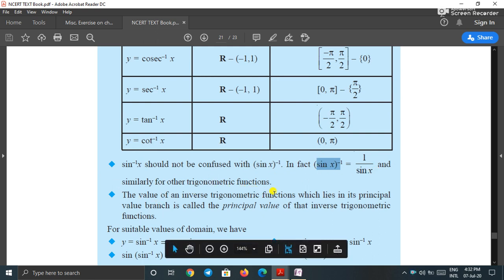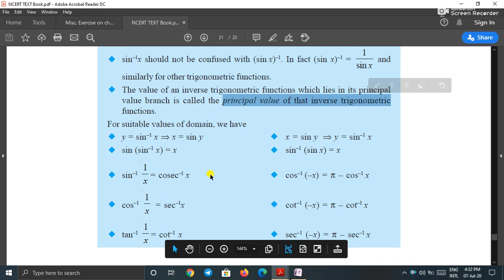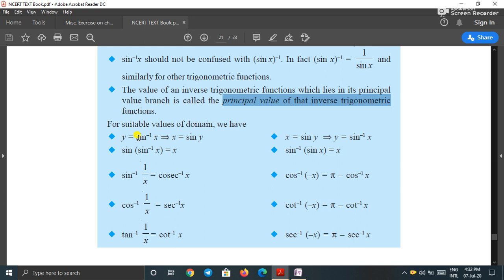The value of an inverse trigonometric function which lies in its principal value branch is called principal value of the inverse trigonometric function. Okay. For suitable values of domain we have,